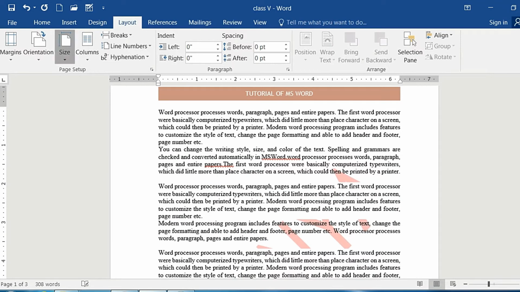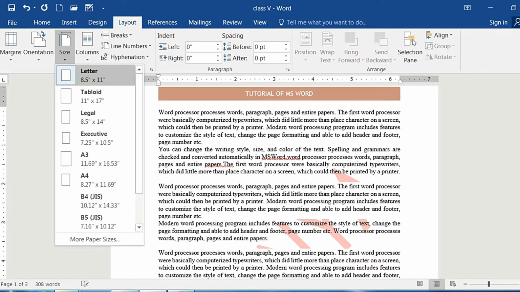Next we are talking about the size. Size of the page means we have the Letter format, Legal, Executive, A4, and lots of page formats. You know about that from taking a printout. Even a notebook has very small pages, while a textbook's page is larger compared to the notebook. Likewise, you have already observed lots of different types of page sizes.